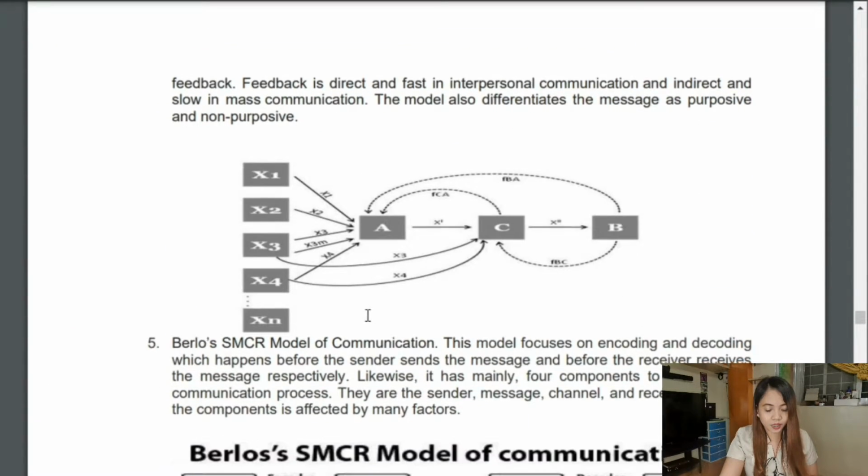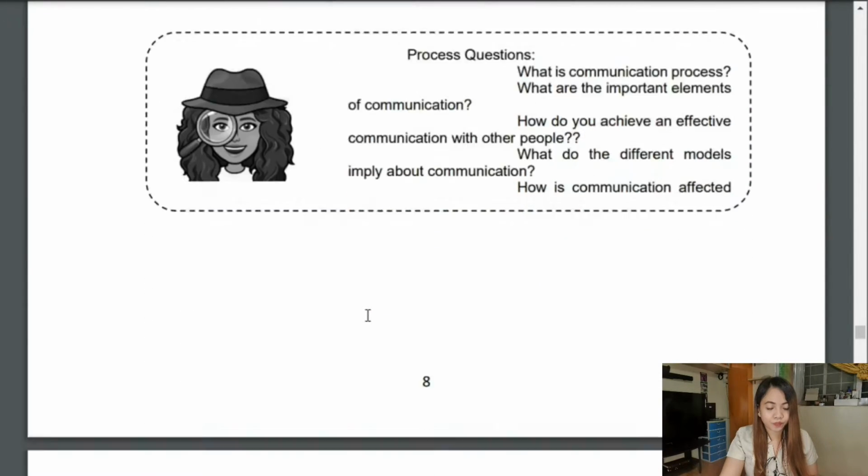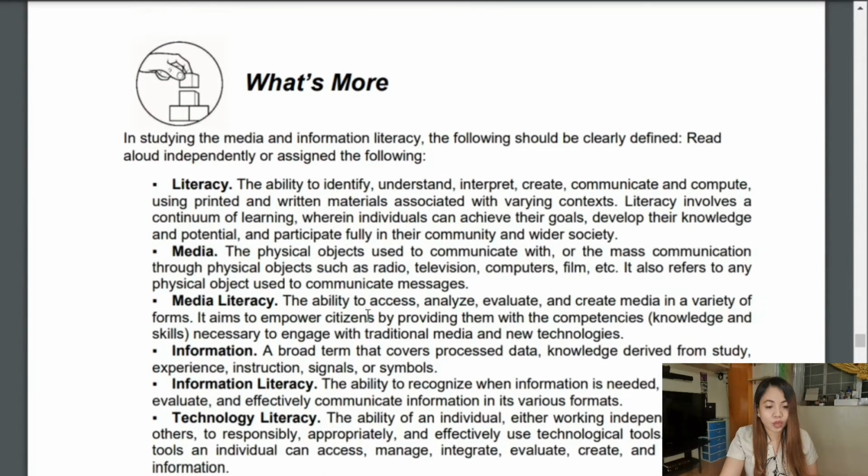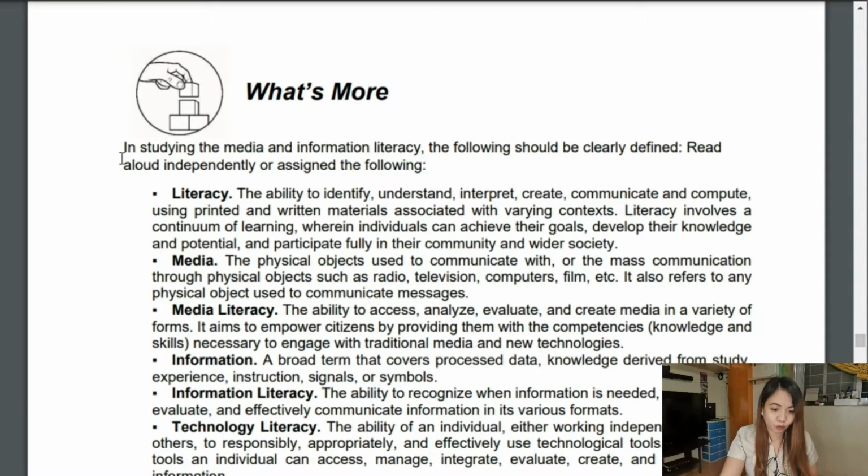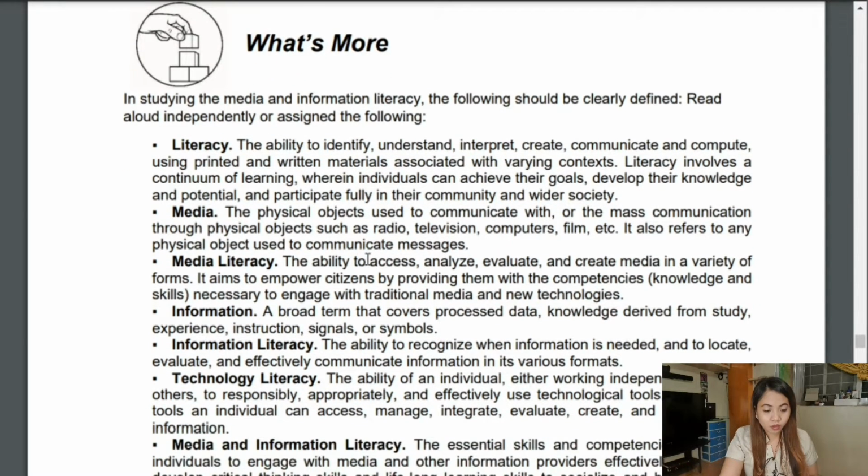Okay, and then next one, we will have what's more. So for what's more, these are actually key concepts in MIL or Media and Information Literacy. So the first concept here is literacy. Okay, so sometimes in some dictionaries, literacy is actually the ability to read and write. Although in MIL, it has a different